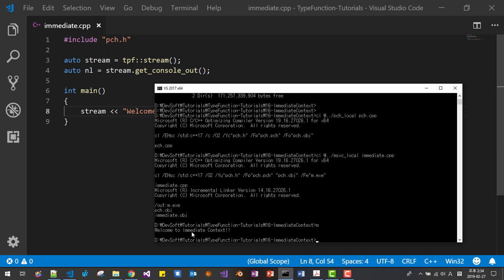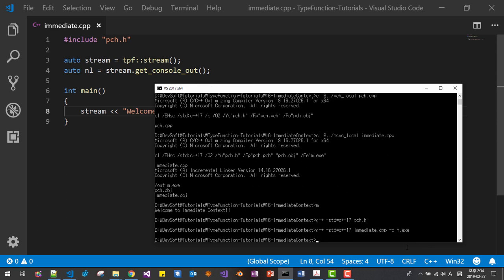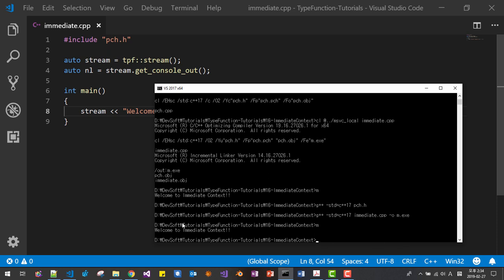Okay, you should see this message successfully. Also try g++ -std=c++17 PCH, then g++ -std=c++17 immediate.cpp, or mexe. Please note that I changed the file name to mexe. Okay, it should work like this.